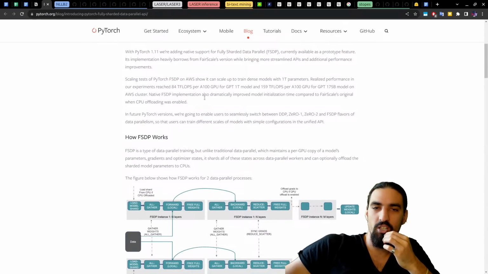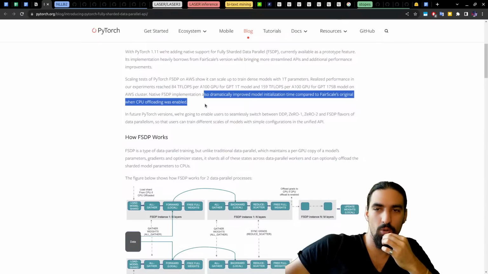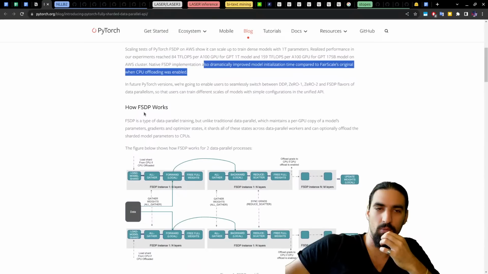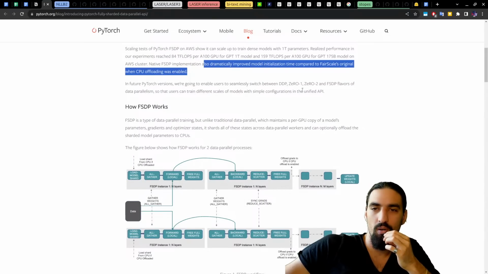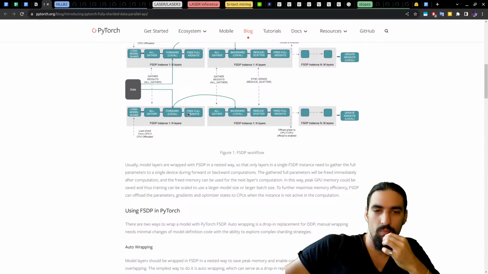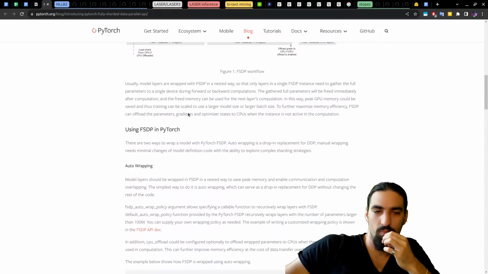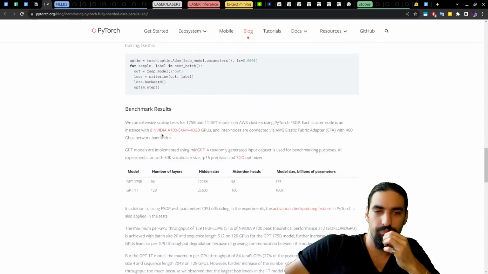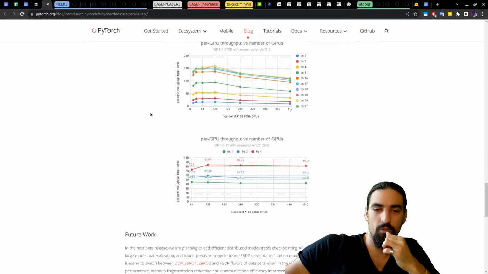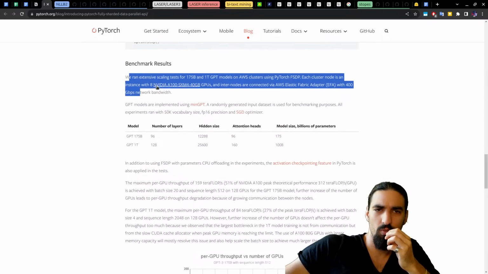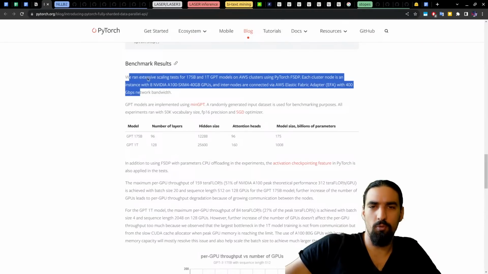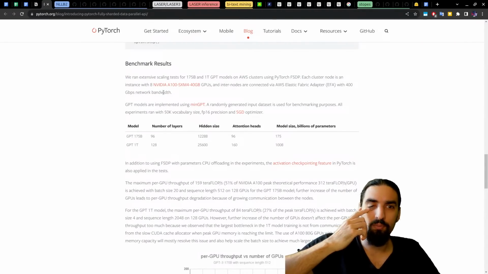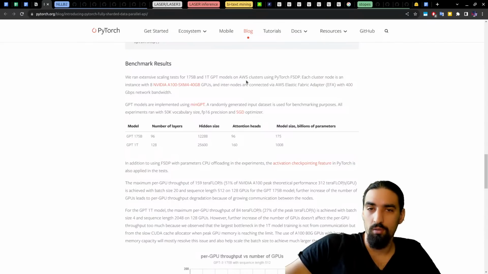Native implementation also dramatically improved model initialization compared to Fairscale's original when CPU offloading was enabled. Benchmark results, let's see this. Is this the same as what we saw before in the paper on AWS clusters?